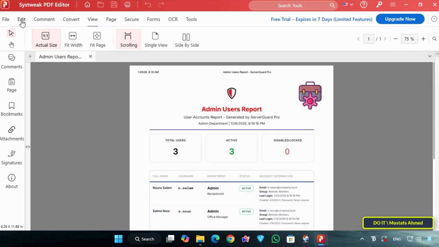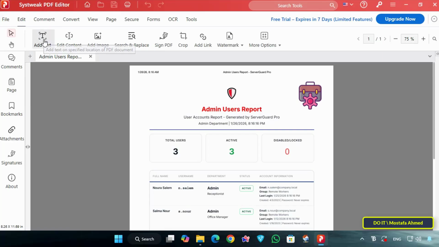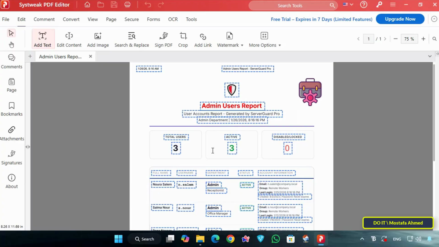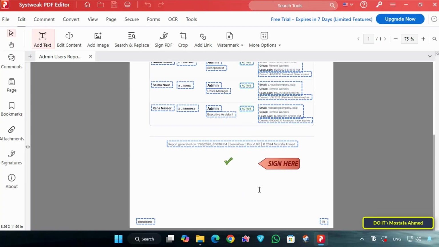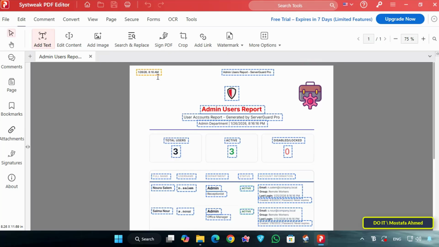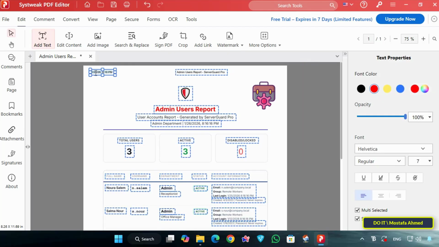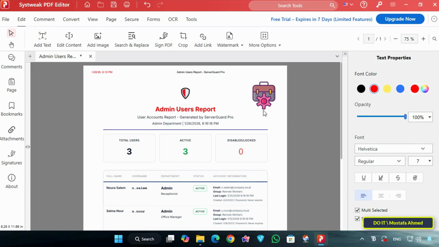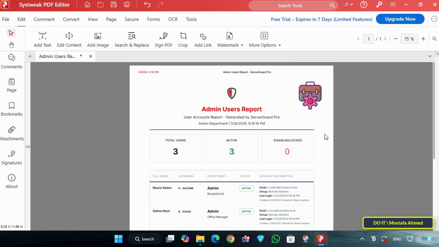To edit anything in your document, just head over to the top menu and click on the Edit tab. From here, select the Add Text tool, which will automatically highlight and select all editable text sections on your page. You can now type in new content, or completely change the font color of your existing text. When you are finished making your changes, simply click the Add Text button once more to deselect everything and save